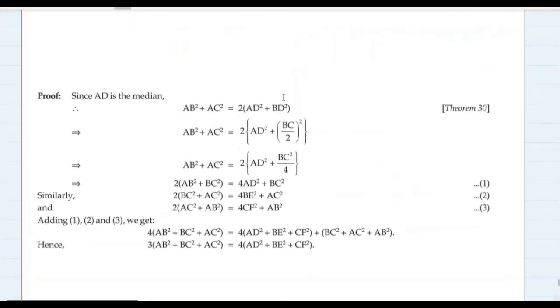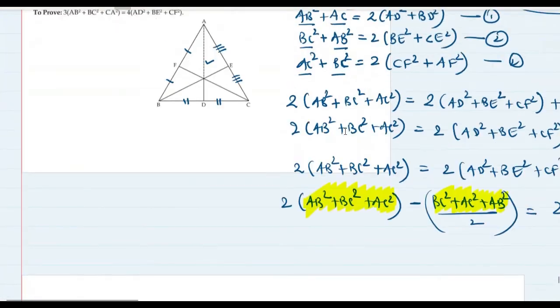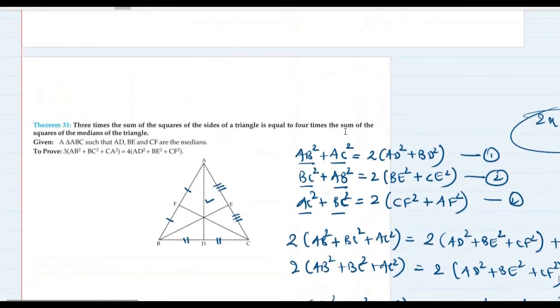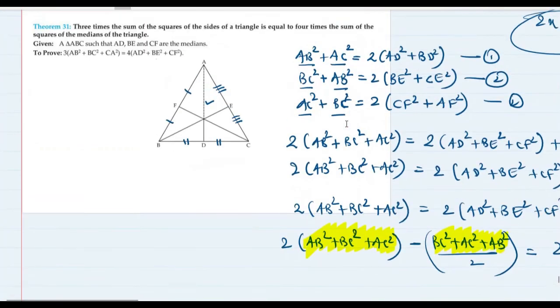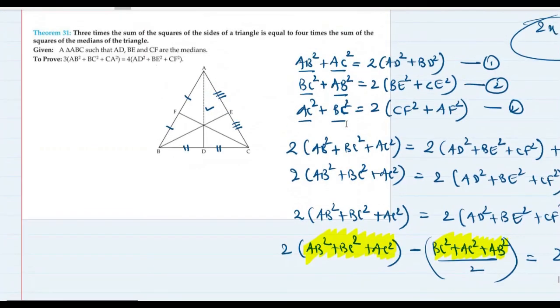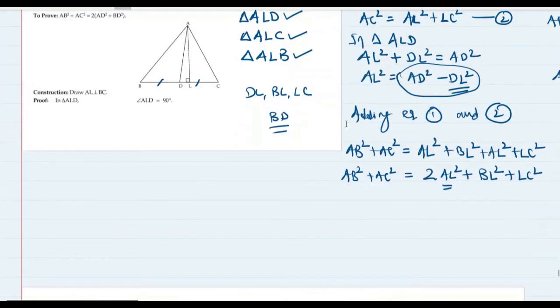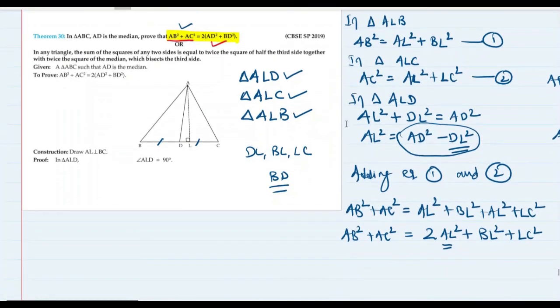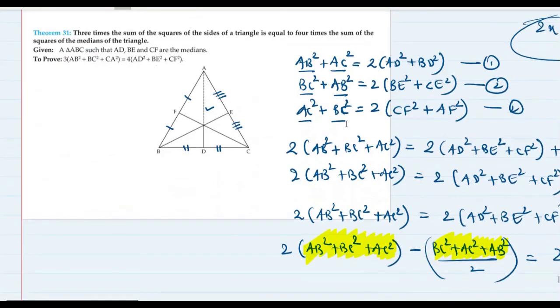Okay, so that theorem 30 has been cited over here. With the help of theorem 30, they have proved this. Without theorem 30, they cannot prove this result. So this is a very unlikely question to be asked, because this is not given as a theorem in your book. Yeah, but if we take it as a theorem, then definitely we can prove this one also, as I showed you how we have proved it.